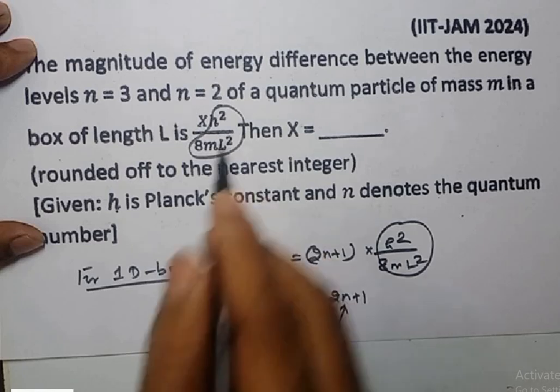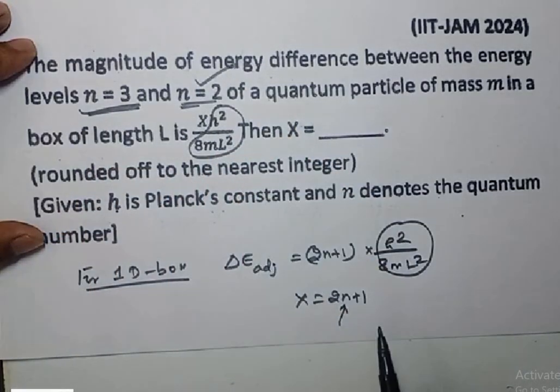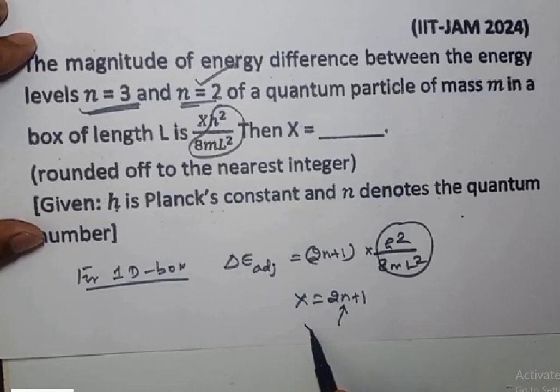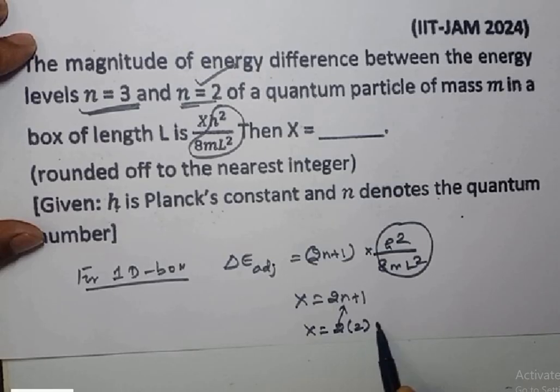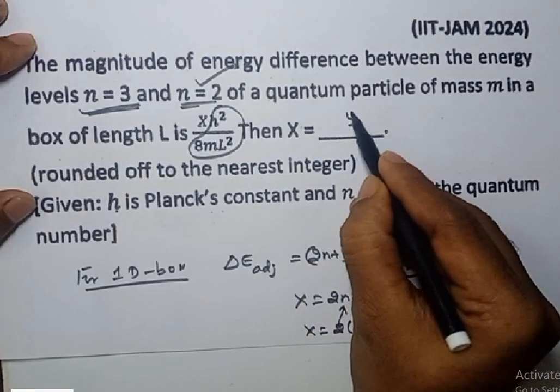We should put the lower value of n. So I have n equal to 3 and n equal to 2. The lower value is n equal to 2. So put 2 here. So 2 into 2 plus 1. Yes, I will get the answer as 5. So for this question, the correct option is